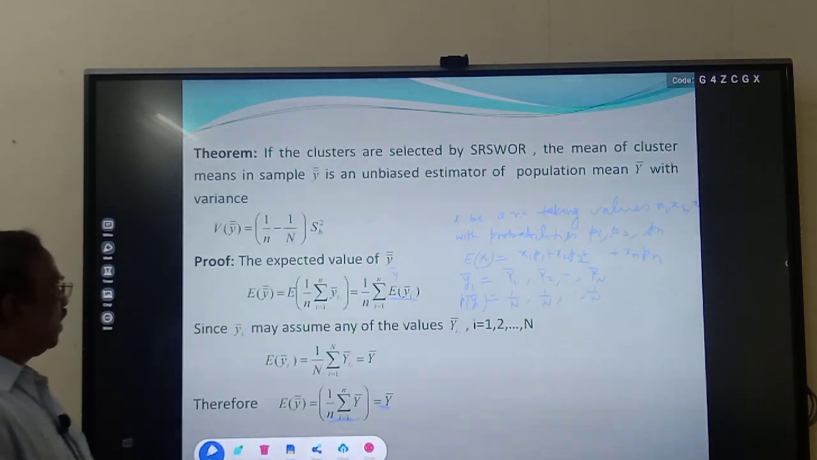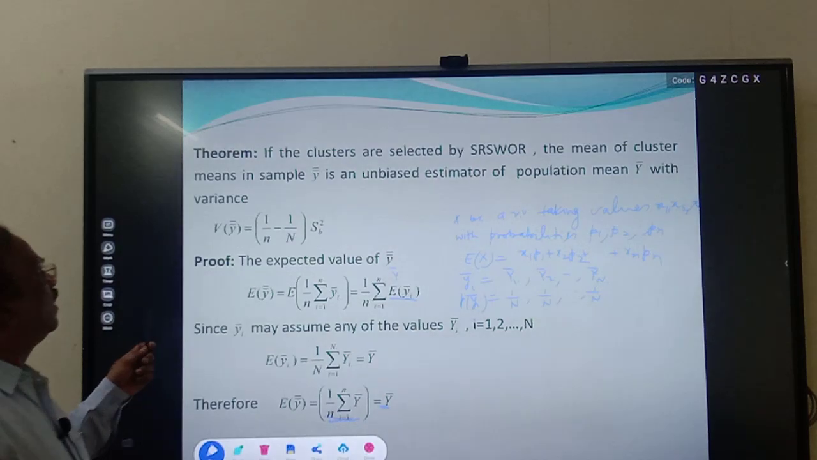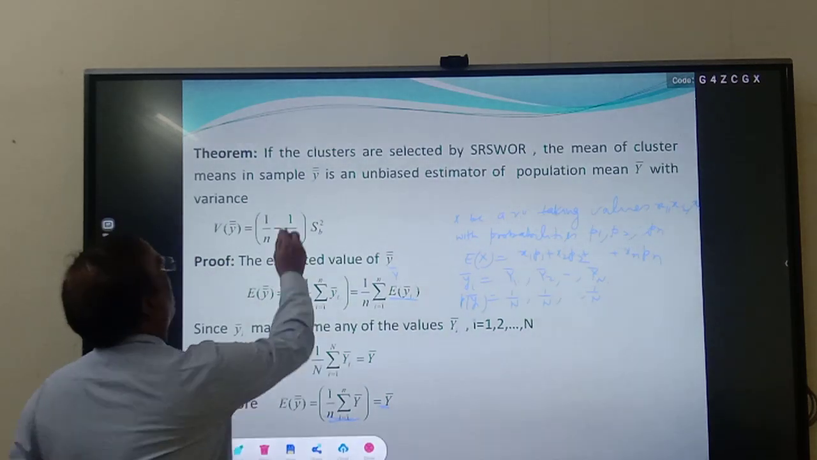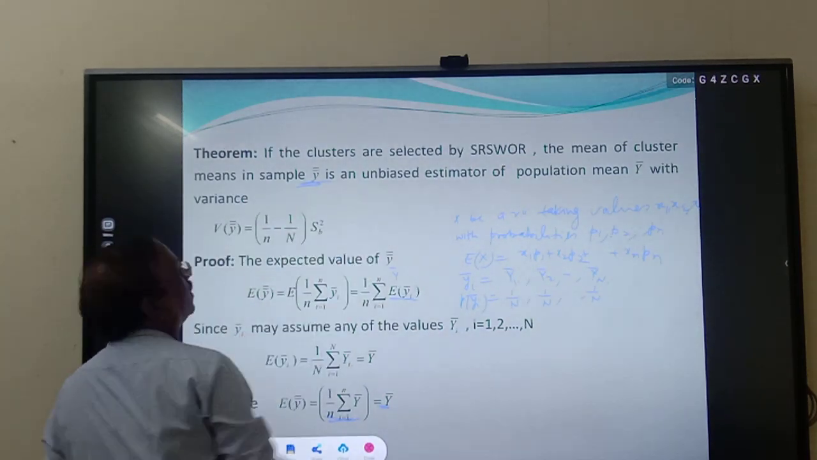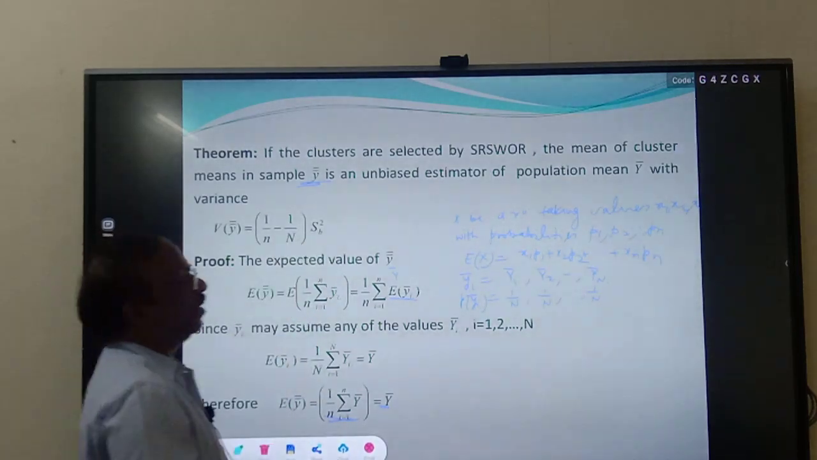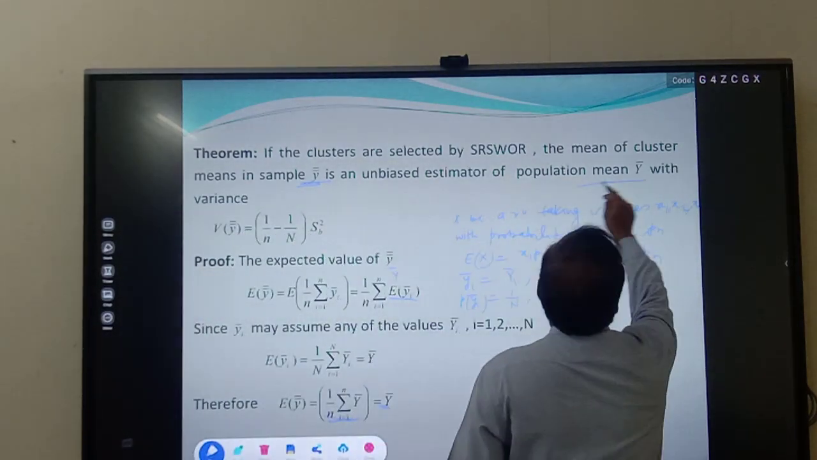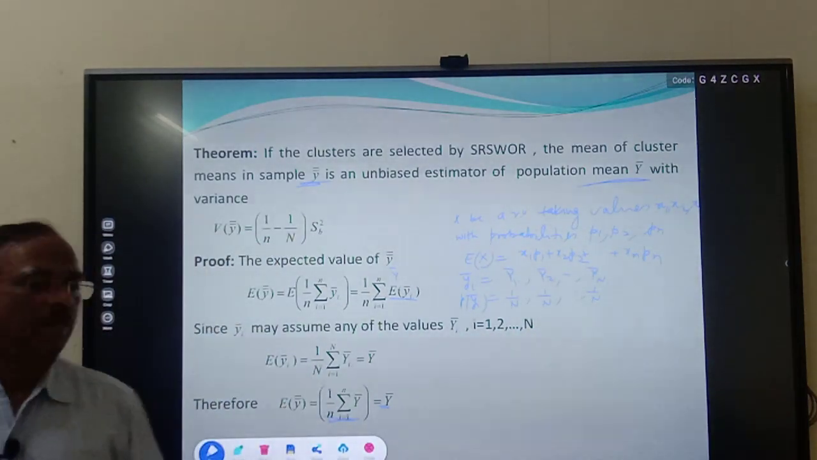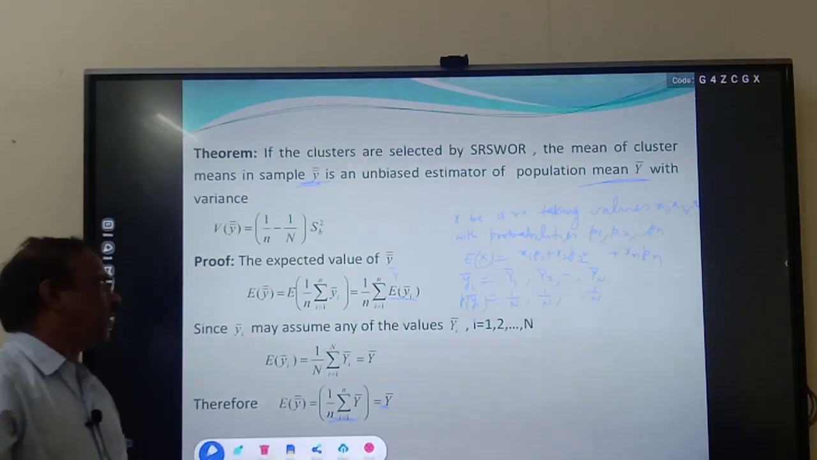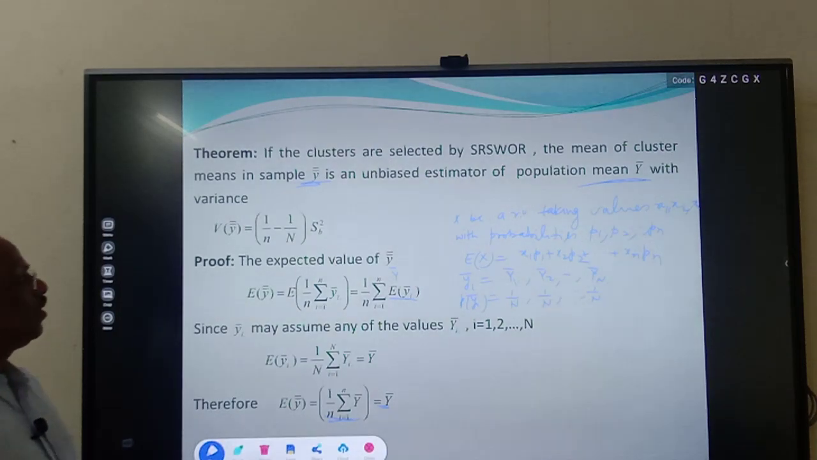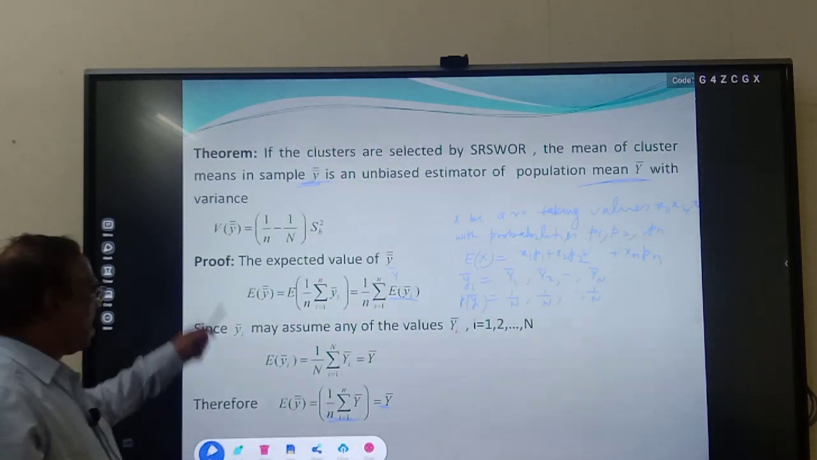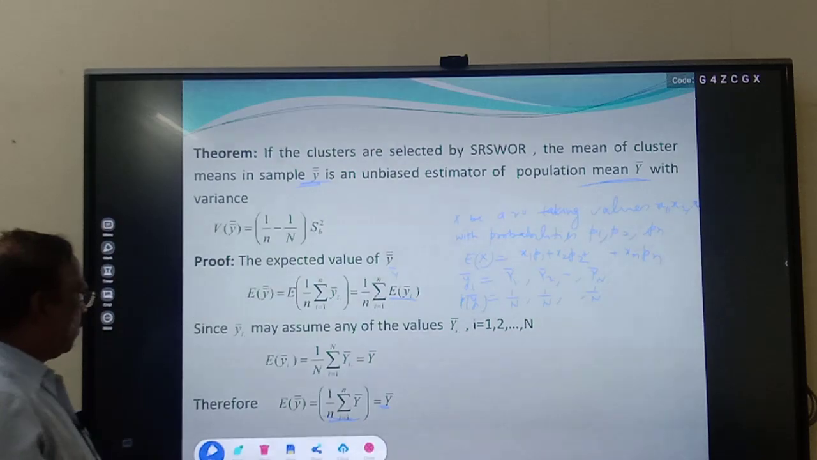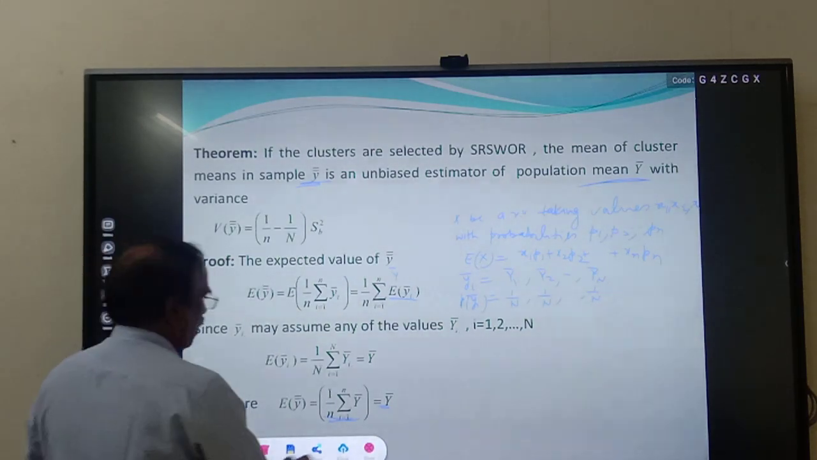So we can say that the sample mean y bar is an unbiased estimator of the population mean capital Y bar. This small y bar is an unbiased estimator of the population mean capital Y bar, we have proved. Now we are to find the variance of y double bar. So for the variance of y double bar,